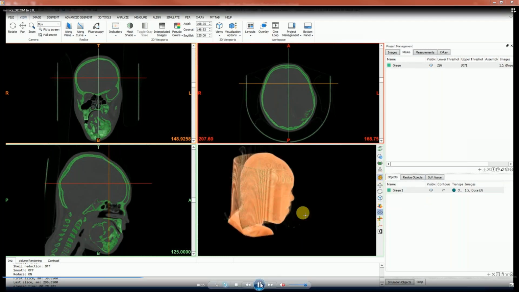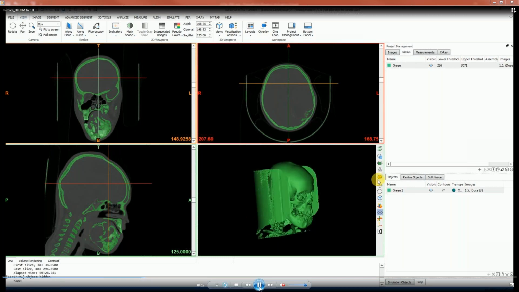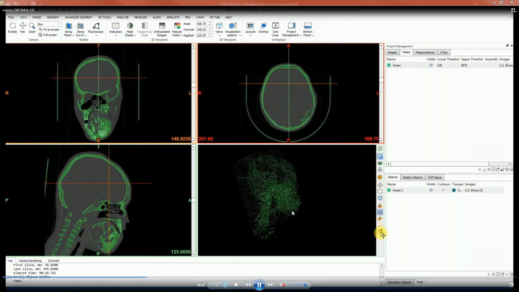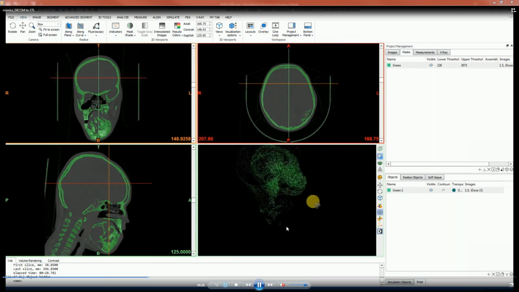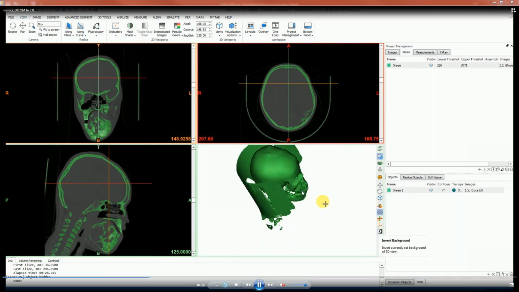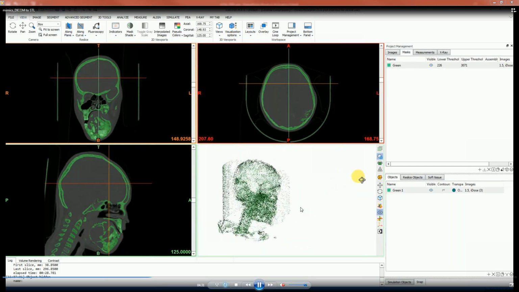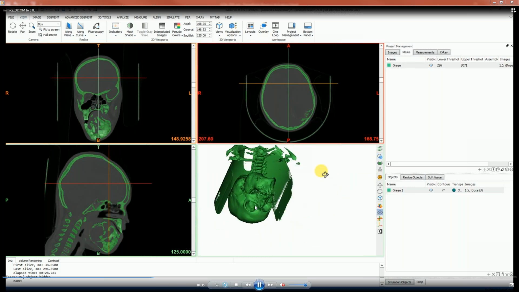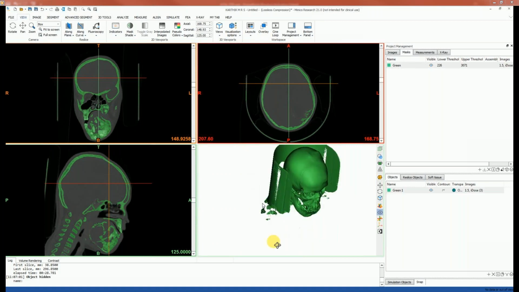Now you see here the mask is calculated with just soft skin. Now you are able to see the human body. Like this person got bone cancer in the mandible, so he needs a replacement of the mandible. We need to cut the mandible wherever the cancerous bone is there, and then we need to replace it with a metal part.